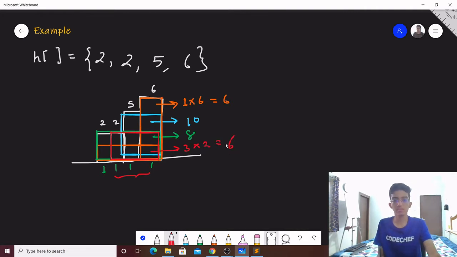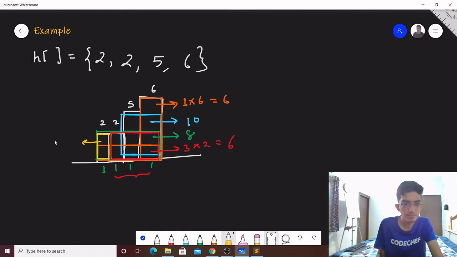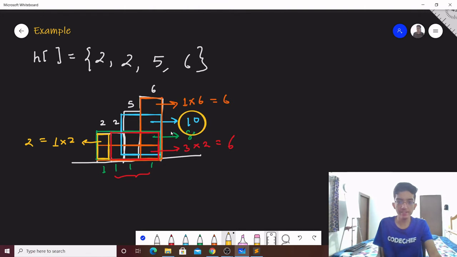So 6. Another one can be this one, whose width is 1 unit and height is 2 units. So the total area is 2 units. Out of all these, the maximum is 10, and in this case the answer is 10.